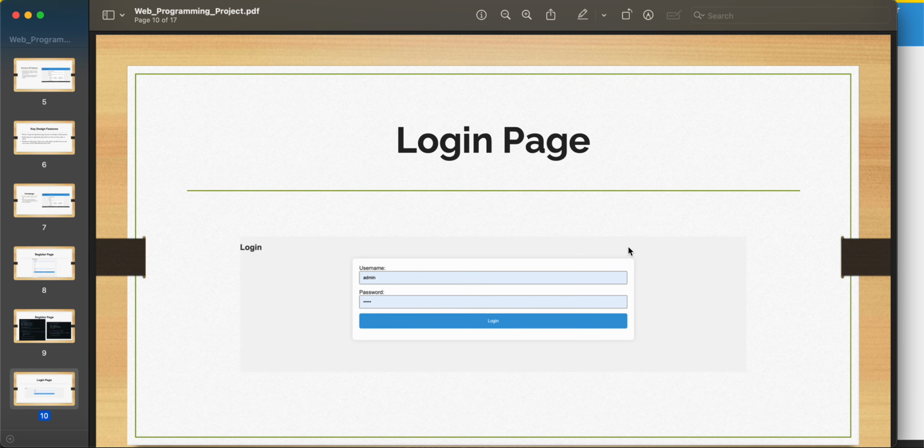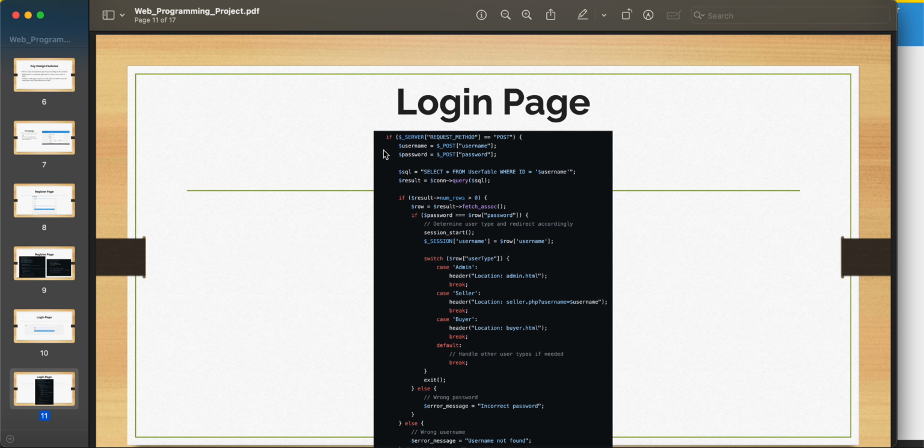The login page is super simple: username and password, and depending on which type of user you are, it'll direct you to a different page, the admin, buyer, or seller page. Here we get the username and password when the user clicks submit. We find that user within our user table and make sure the passwords match. Then, based on the user type in the user table, which can be either admin, seller, or buyer,